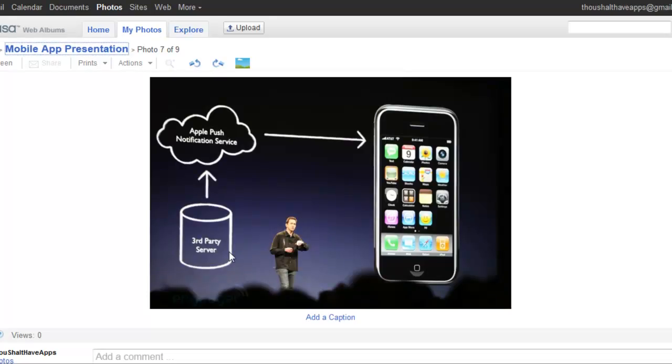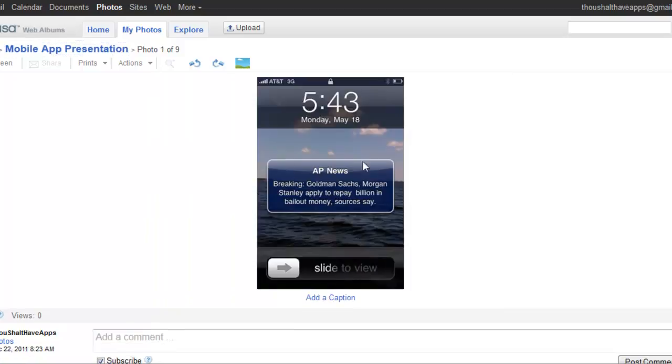I'm not sure if you guys know what a push notification is, but a push notification lets the owner of a mobile app send a message out onto the screen of the phone of whoever has downloaded the app. So for example, here's a push notification that the AP News sent out. Breaking news, Goldman Sachs, and so on and so forth. This message just pops up onto the screen of the mobile phone, and this person got it because they downloaded the AP News